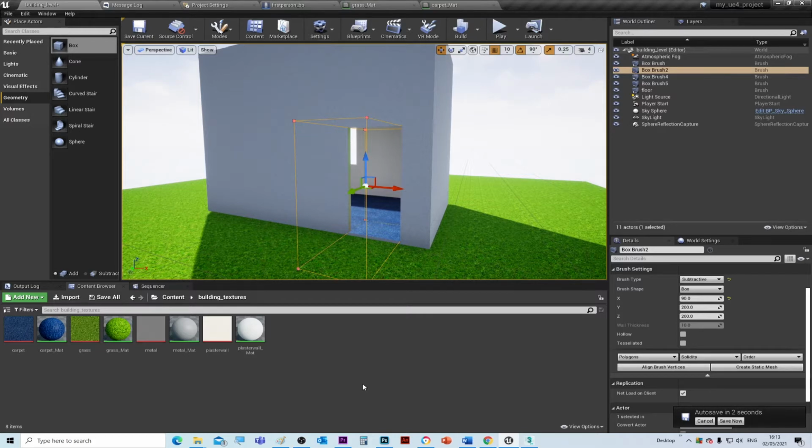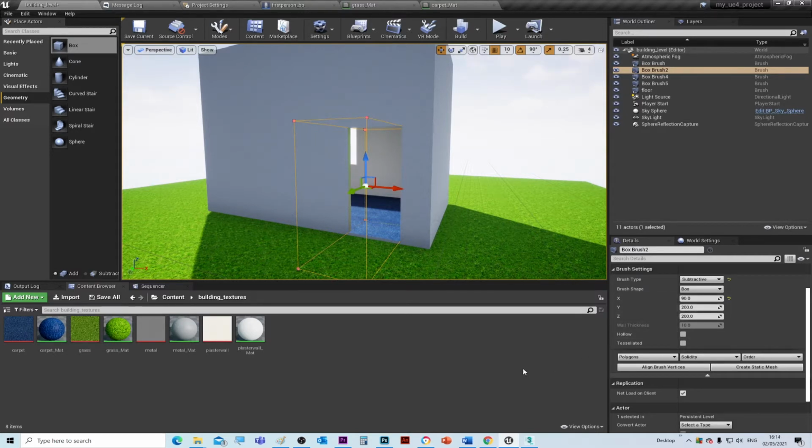Now we could make it inside the Unreal Game Engine, but I'm going to show you how to make it inside 3dsMax, Autodesk 3dsMax. Obviously we need the dimensions of the door, so I've just selected the subtraction brush which we've used to create the doorway, and we can look at the dimensions, and you can see the width of the door is 90 centimeters and the height of the door is 200 centimeters. So we just remember those two